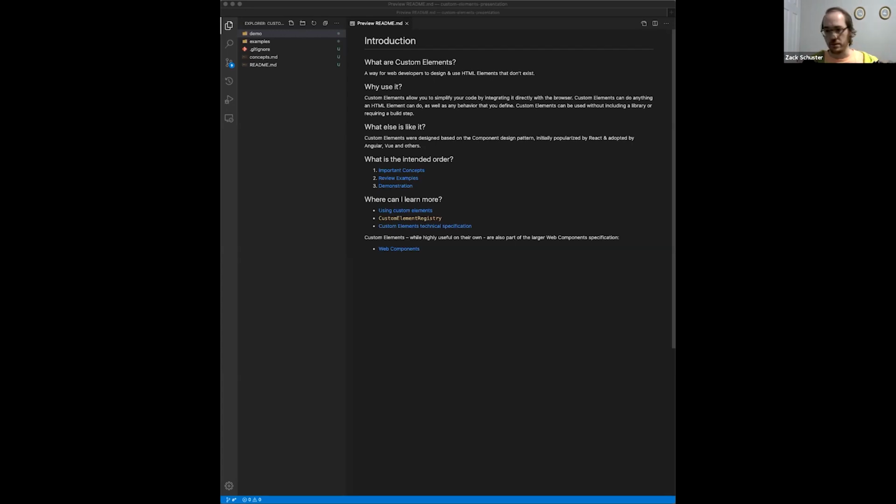On a button or an anchor or a div, you can do a .click, or you can add an event listener, or all these other features for interacting with your document structure. What you haven't been able to do is create a way of interacting with those elements from the context of your own element itself. So what I mean by that is you would have a function, and your function would